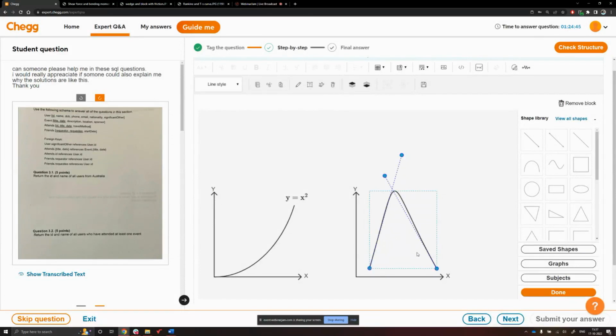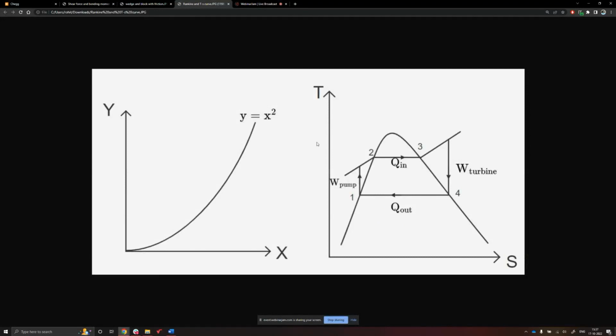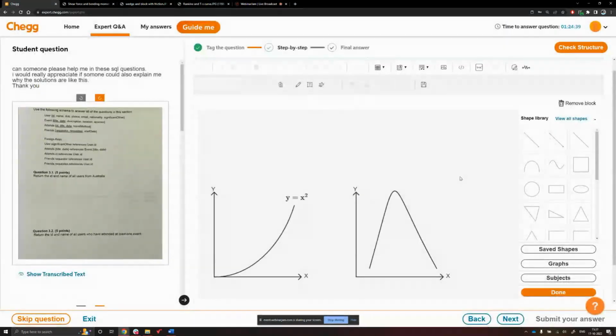Something like this. So after you draw this, you have to draw the cycle. So drawing a cycle is not so difficult. Just use horizontal lines and vertical lines, and make sure that you use hotkeys Ctrl C, Ctrl V to speed up the process.